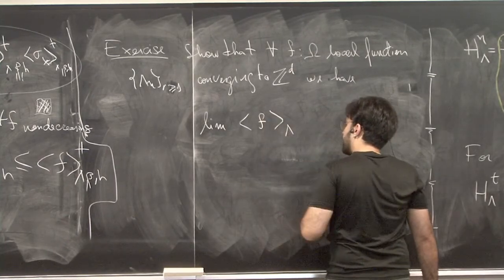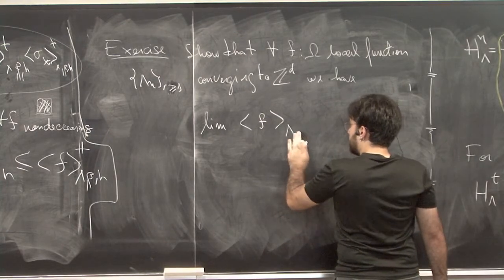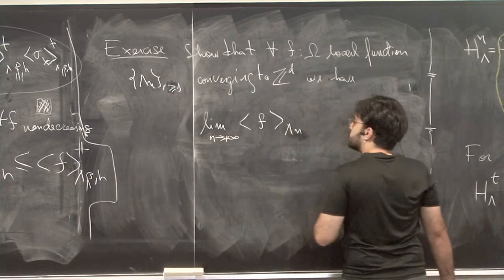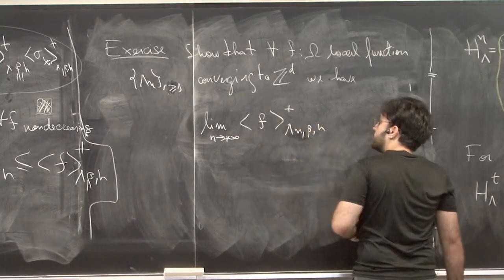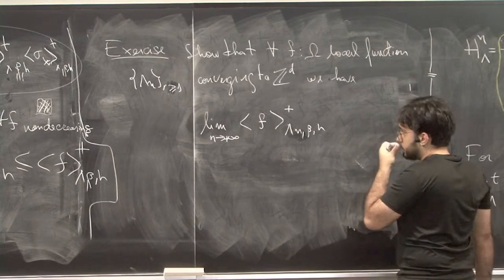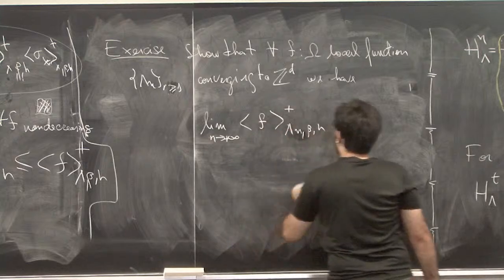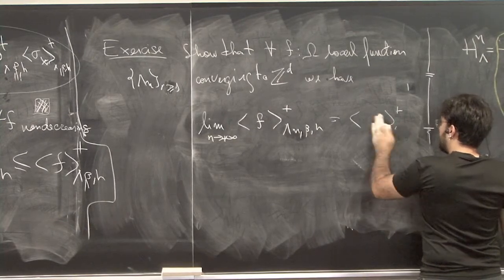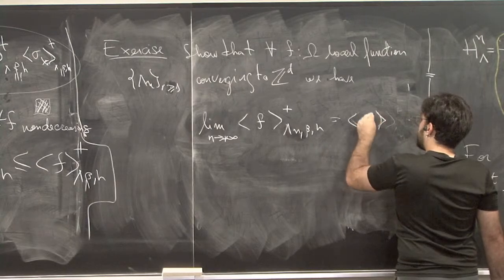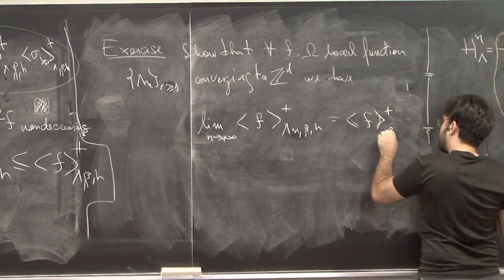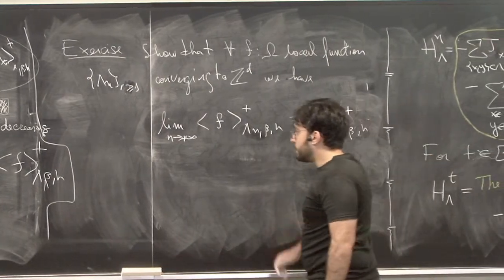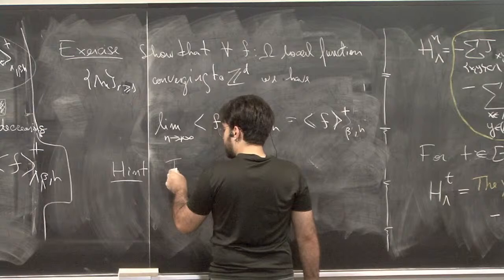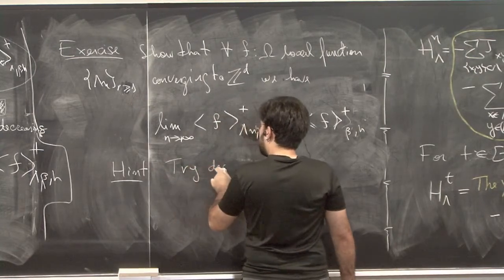The expectation of f lambda n plus beta h, for any local function. Okay, this limit will exist and will be equal to the plus boundary condition Gibbs measure in the thermodynamic limit. Okay, show that this happens. And a hint is, try decomposing